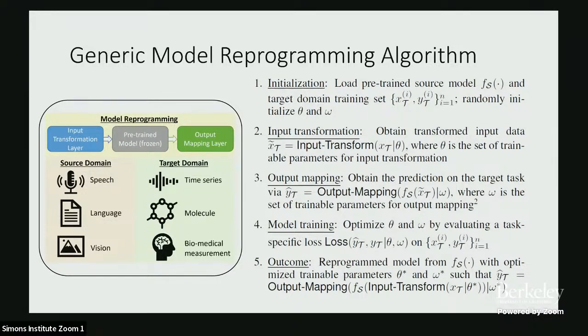We are given a set of target domain data, and we initialize the input transformation and output mapping layer with some parameters theta and w. Then you do this input transformation and output mapping through some training mechanisms, and you only train theta and w, the two sets of parameters that you introduce to reprogram a pre-trained model. Finally you get a reprogrammed model for your downstream task.